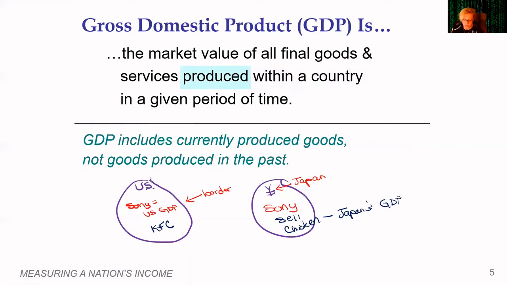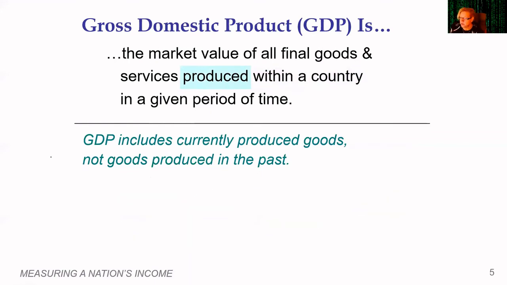And what we also mean by this is they have to be produced within the time period. So we often talk about quarters. I'm going to use 2019. We have quarter one, which is January through March. We have quarter two, which is April, May, June. We have quarter three, which is